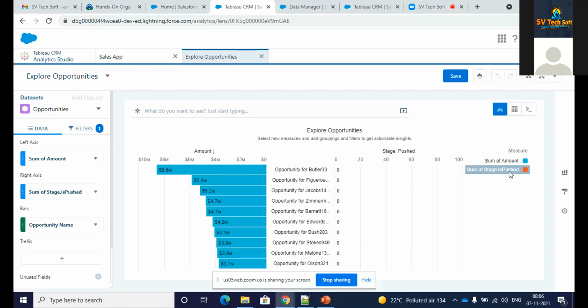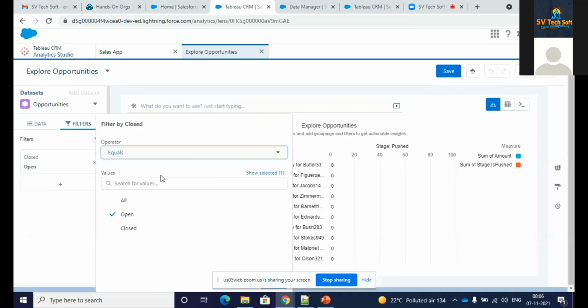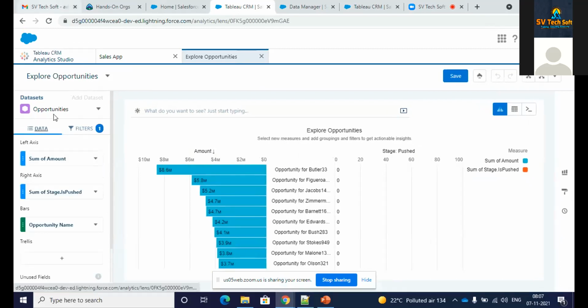And there's something called is pushed, and this is also there. You can have the filter. Okay, so I have applied a filter over here. So closed, being open or closed, is again a derived field. But in a way, I just wanted to show you that you already have the data right now,